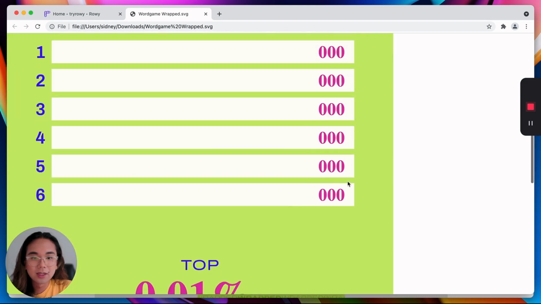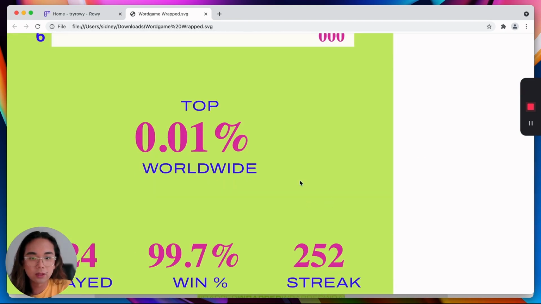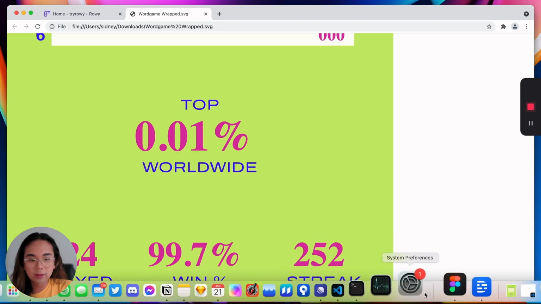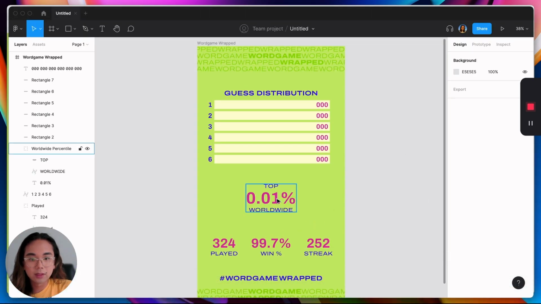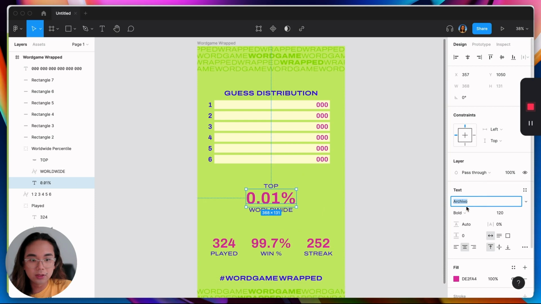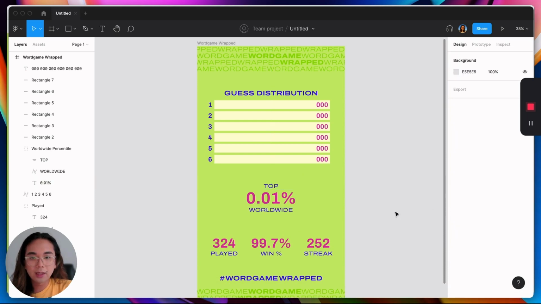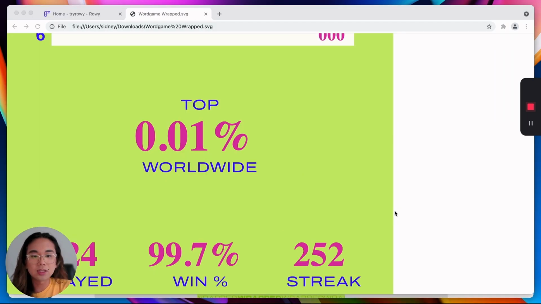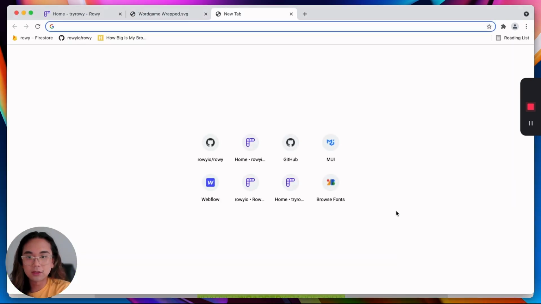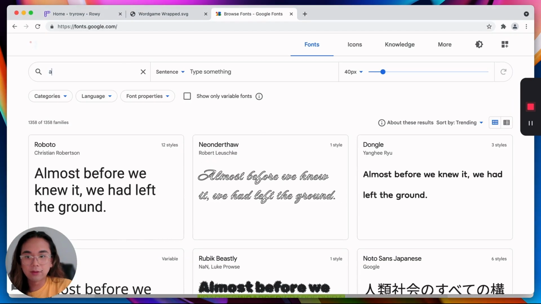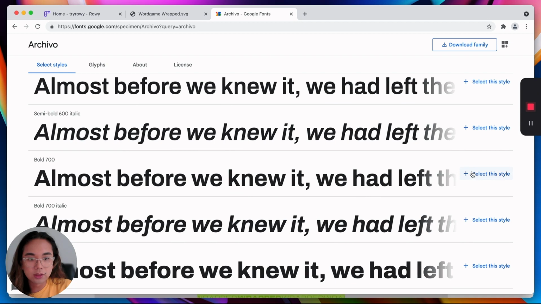That looks good. Now, one thing you'll notice is that these fonts haven't loaded in correctly. And if we look back at our template, this actually uses a Google font. And what's great about SVG is that we can just embed a web font like you would in a normal web page. And that's going to mean we're going to have to edit this SVG file. So let's log on to Google Fonts and let's grab the fonts that we need. And we're just going to use the bold weight here.